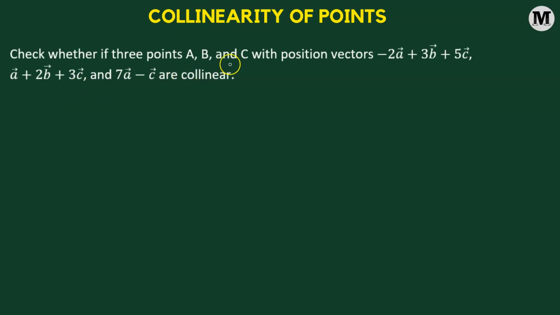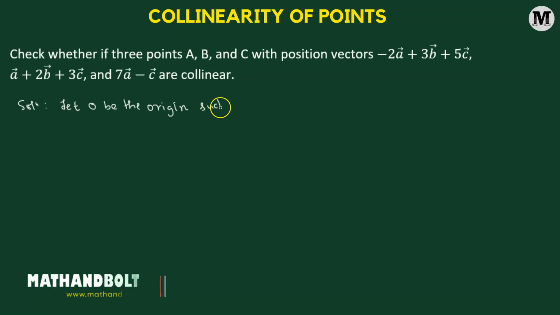Check whether I have 3 points A, B, and C with position vector which is given here are collinear or not. Okay, let us begin. Now here we begin by considering some origin O of a coordinate system such that the position vector, we can define now the position vector of